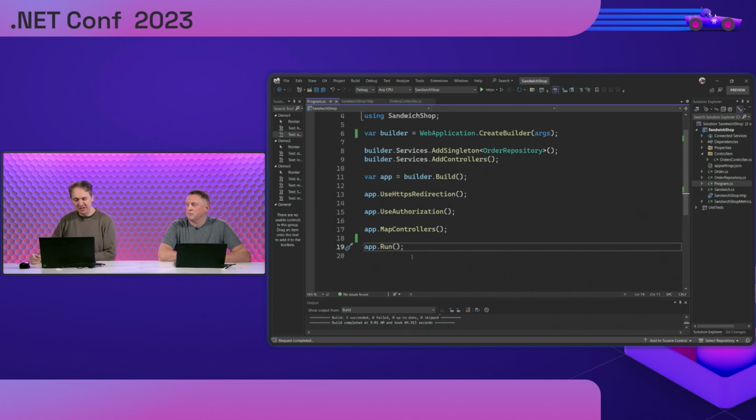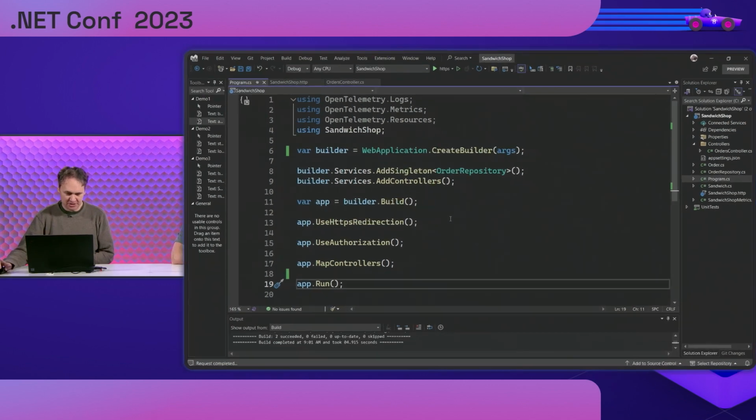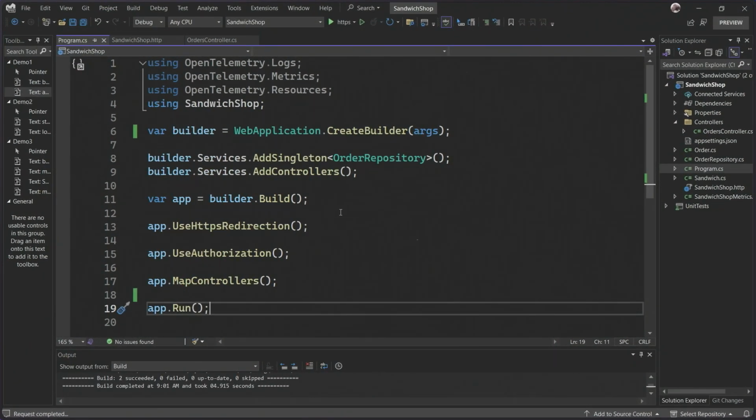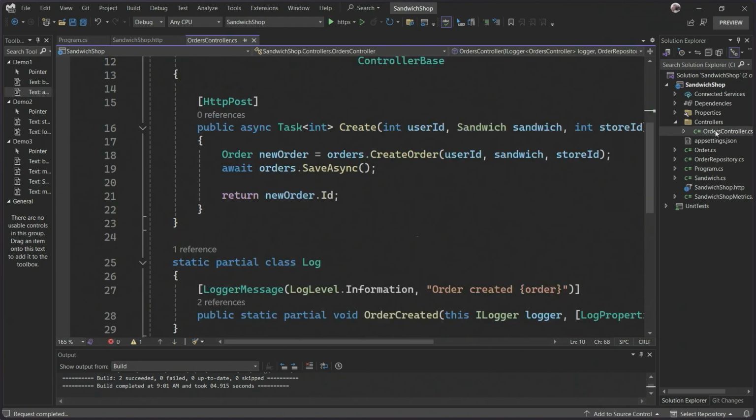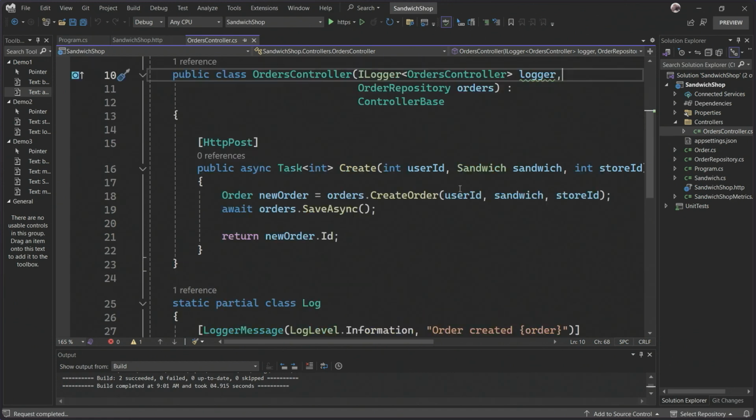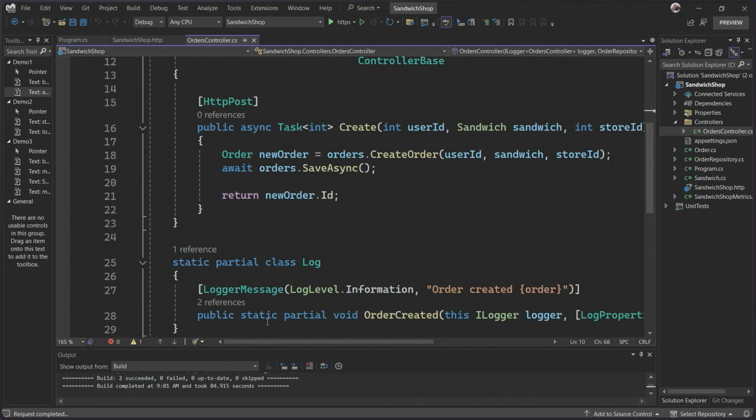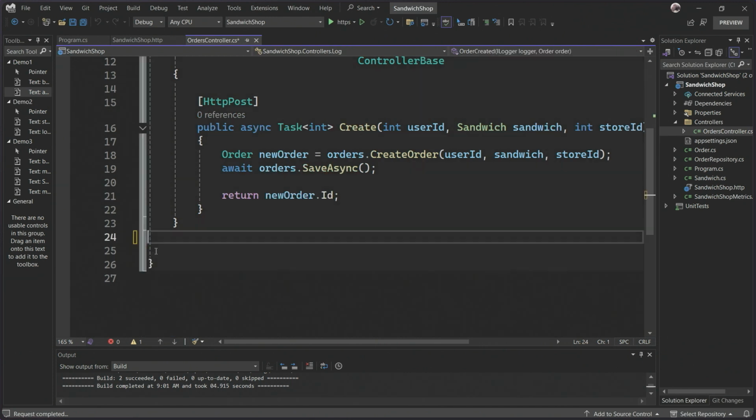All right, so now let's check out this app. What I've got here is my sandwich shop, and my secret goal is to make Sam as hungry as possible. This sandwich shop is a .NET 8 web API, and I started with a basic template, and I've only done a little bit of work. I made this orders controller